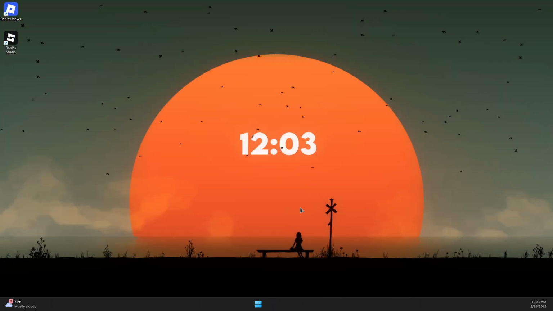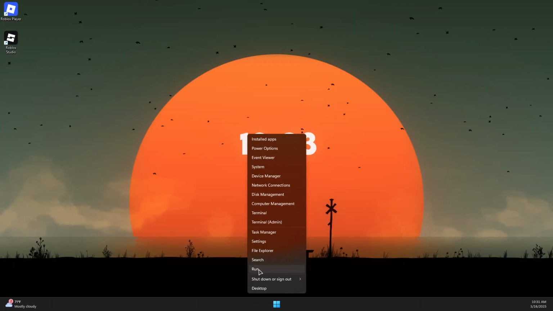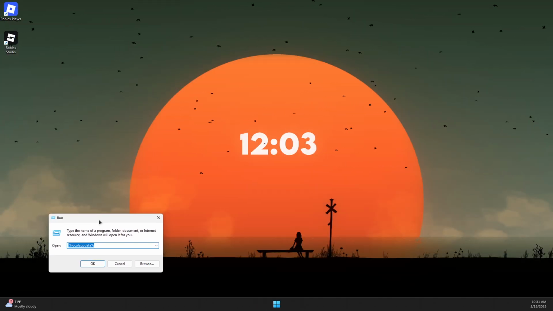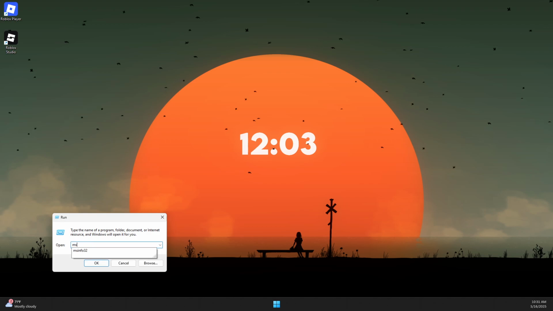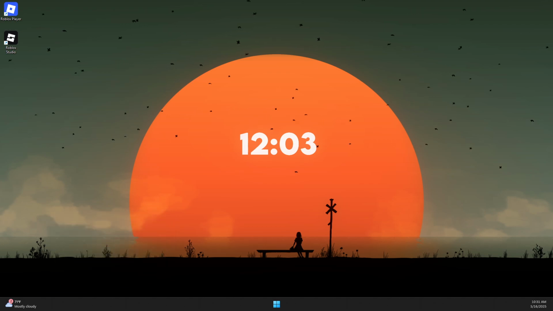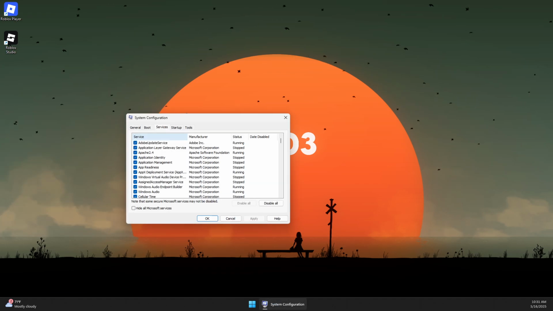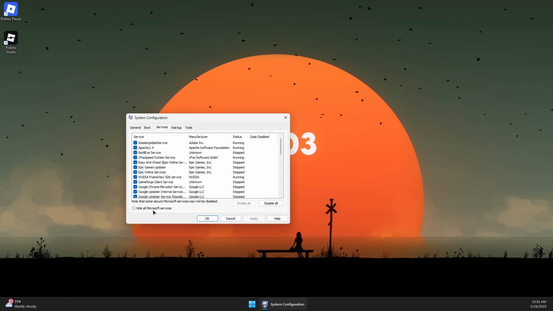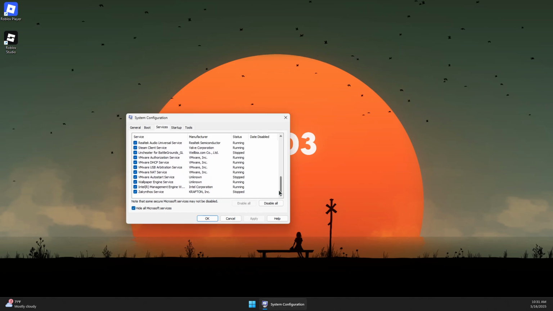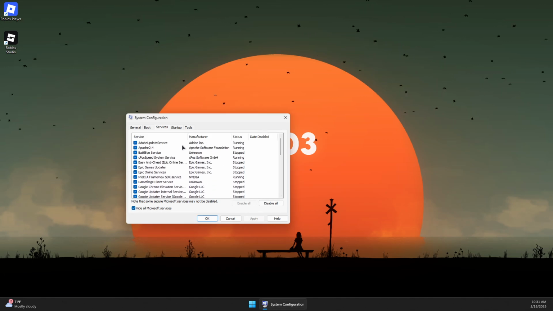Next, you can close this and then right click the Windows icon, open the run prompt, and in here we want to type msconfig, press enter, and in this window we want to go to services. Now we want to hide all Microsoft services,